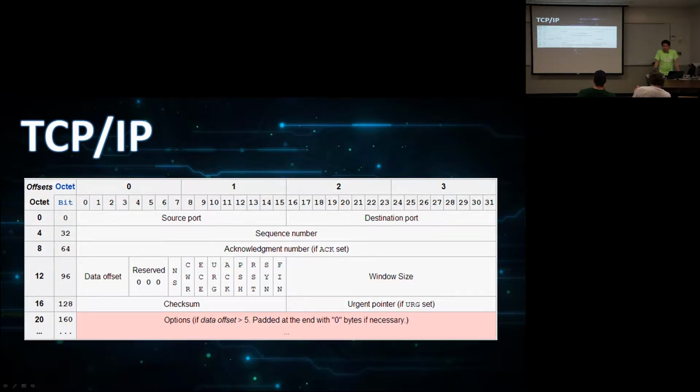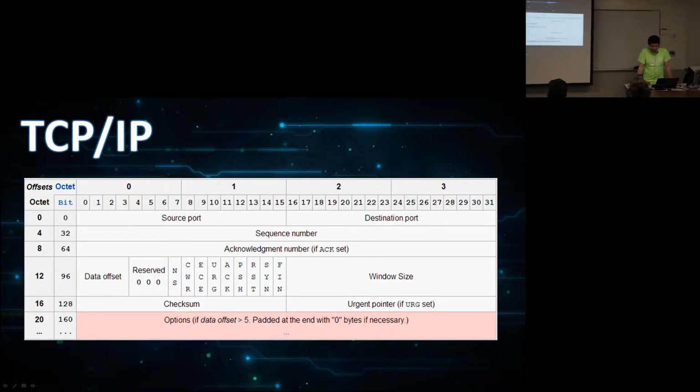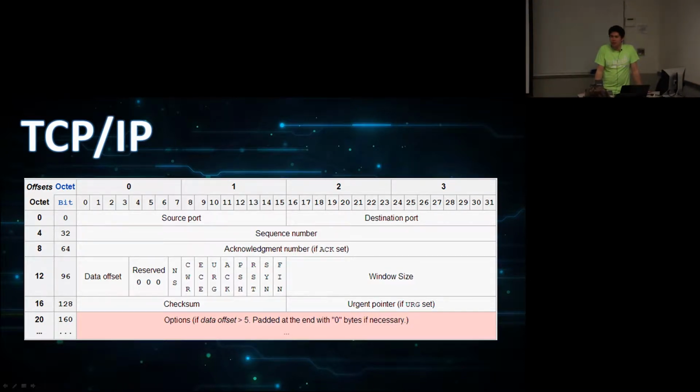So TCP basically takes the fault out of the network. Before then, the network had to be 100% reliable. And now with TCP, the network could break in the middle because a plane could fly through the satellite signal, or a bee decided to take a shit on the antenna and you lost some data. But what TCP does is it allows the host to take care of these errors in the protocol and errors in receiving data, and figure out what went wrong and what needs to get resent.